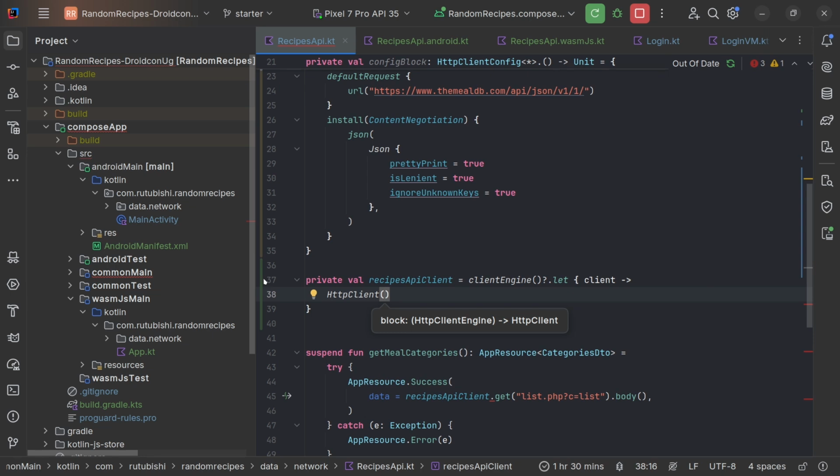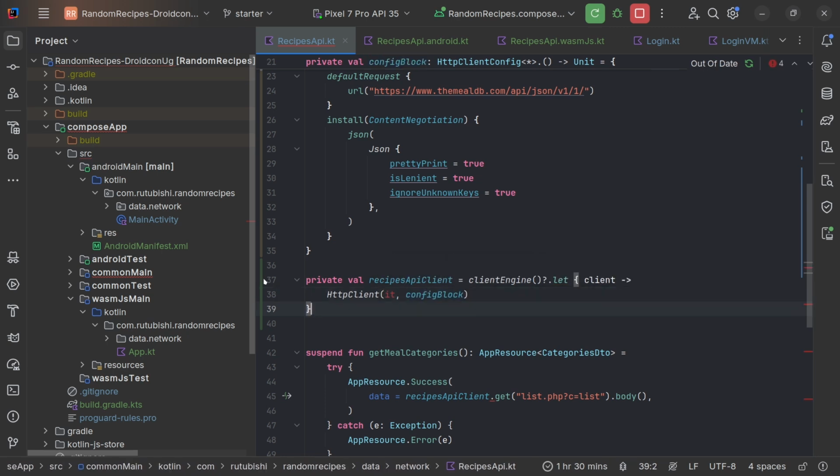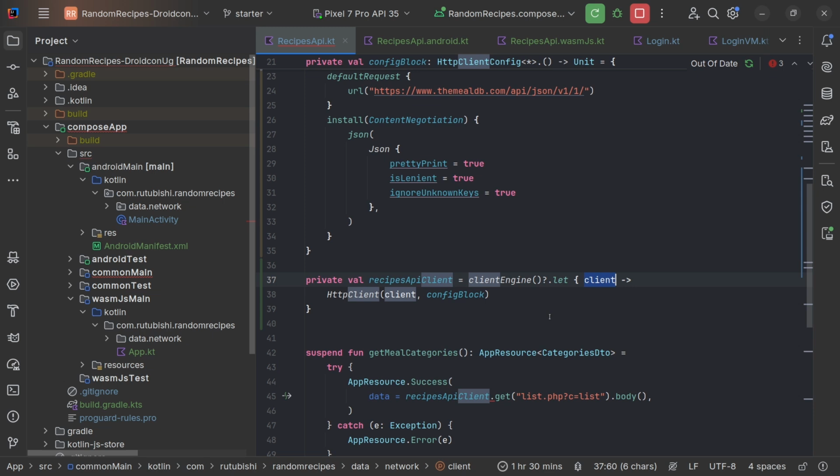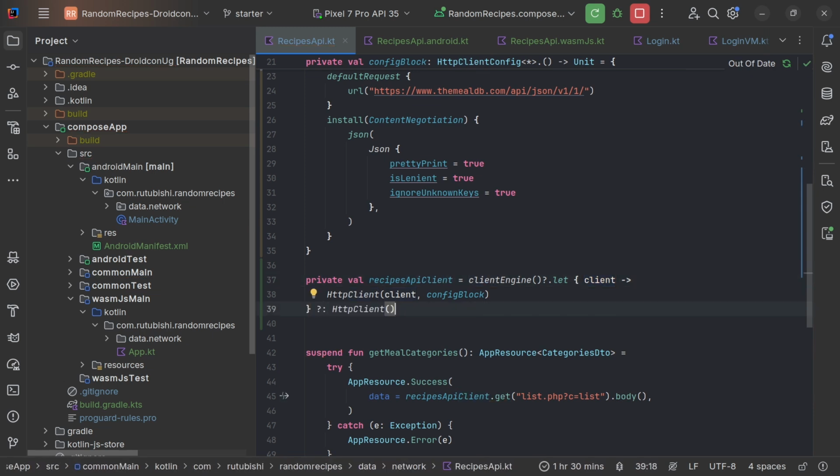So the block will contain the engine, and the engine is inside our it param, and then we have the config block. So actually it's called client, we've given it a name with our AI tool here. Otherwise, if you do not have that, just create an HTTP client and provide the config block, which will be this. So this is how our HTTP client will build,